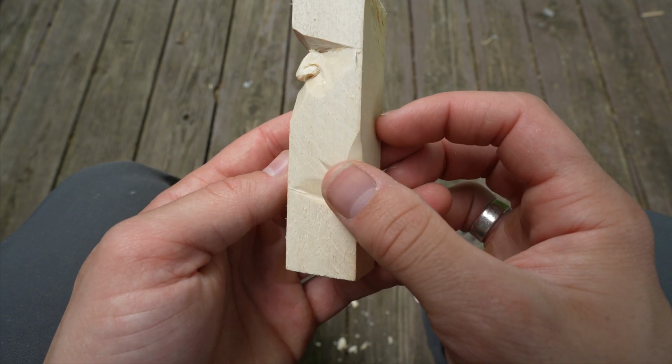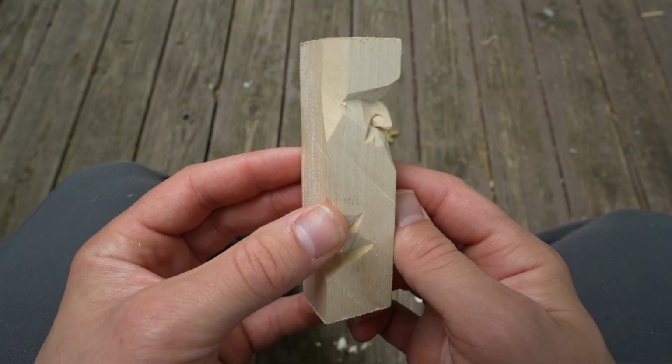And without further ado, I'm going to let you guys get after carving this if you haven't already been carving it. Take your time, enjoy it,